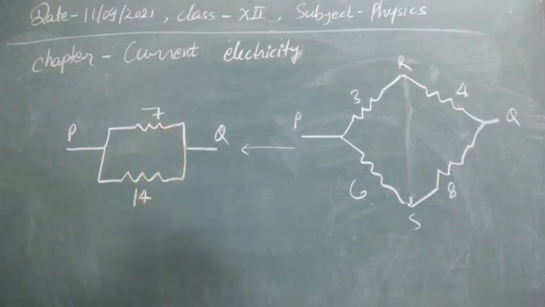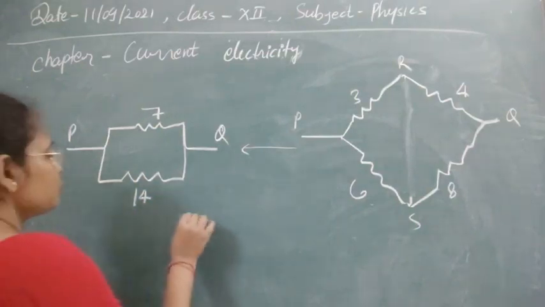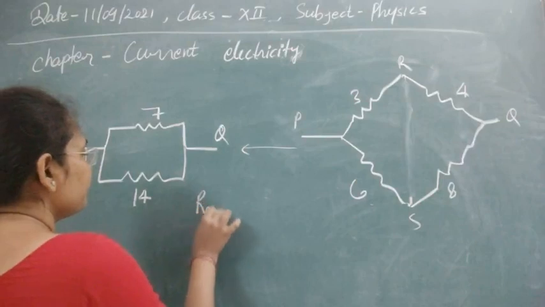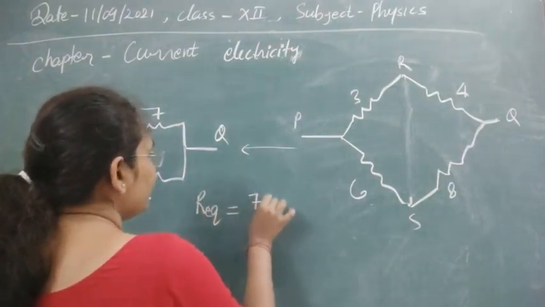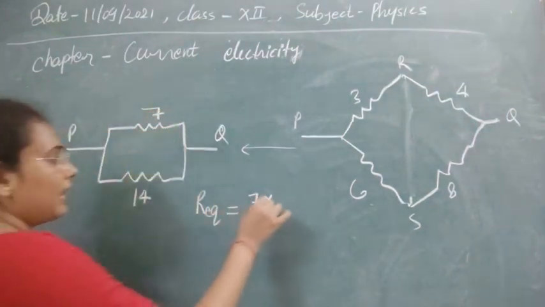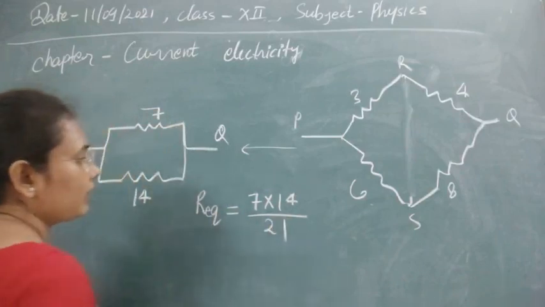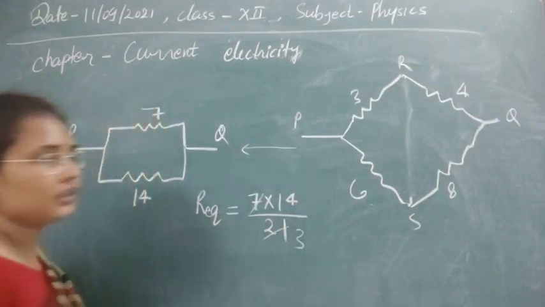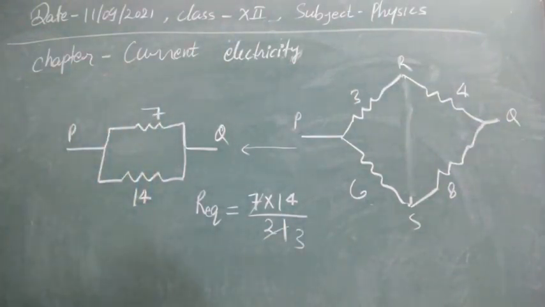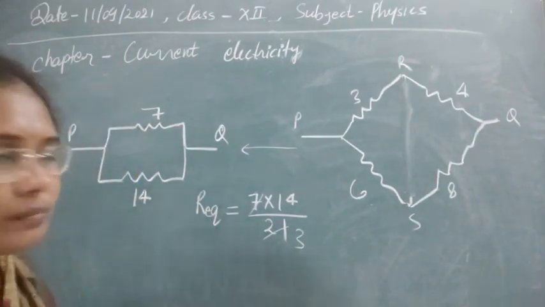So here we now have two resistors, and you can see these two resistors, 7 ohm and 14 ohm, are connected in parallel combination. So the equivalent resistance between points P and Q will be, by the formula, R1 R2 upon R1 plus R2. R1 plus R2 will be 21, and you can cut it, this will be 3. So this will be 14 upon 3, and if you solve this 14 by 3, you can find the value of the equivalent resistance in the options.